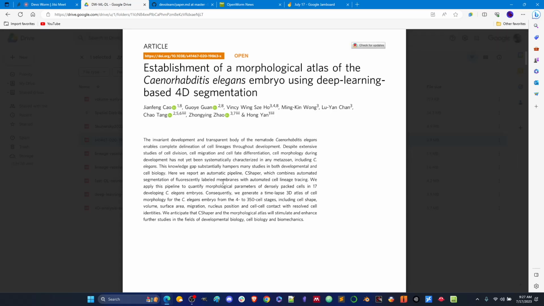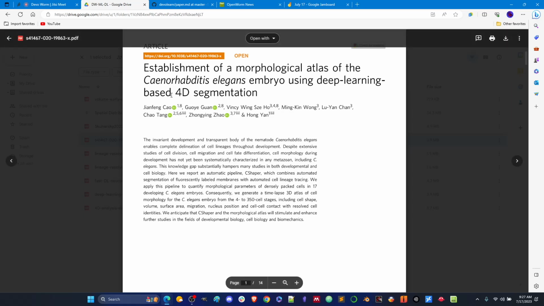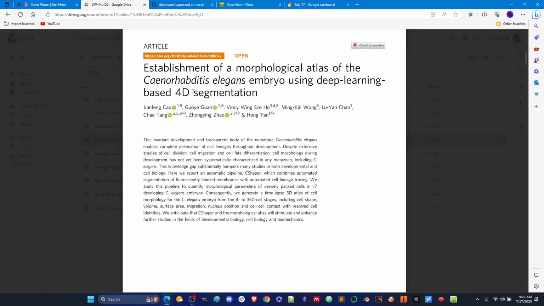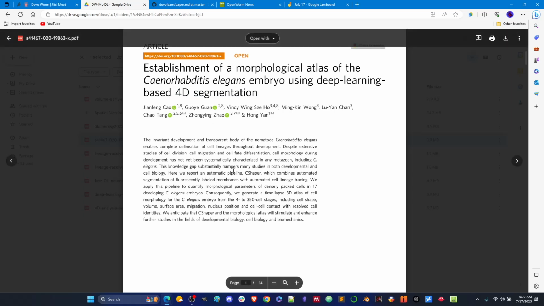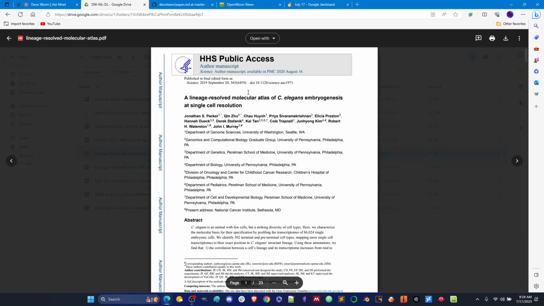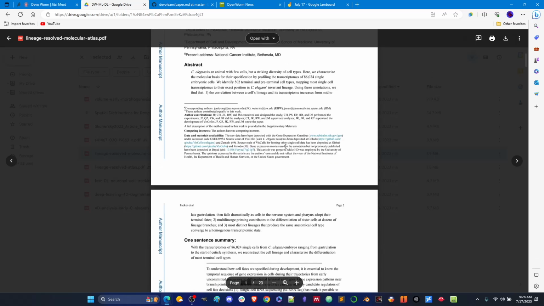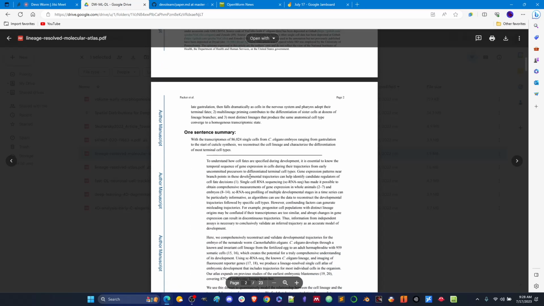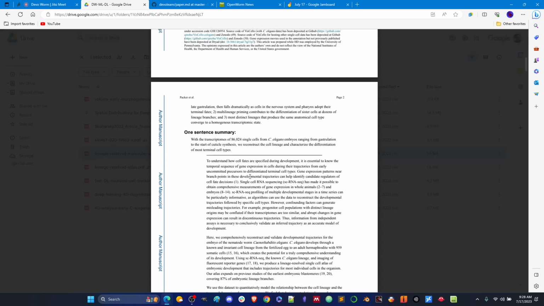So this is what Sushmanth was talking about with C-Shaper. The 4D is the 3 dimensions of space plus time, and they're working on this problem. And then there's a lineage resolved molecular atlas. So this is where you have an atlas of what they call molecular data, which is like the transcriptome. So it's like when genes are regulated